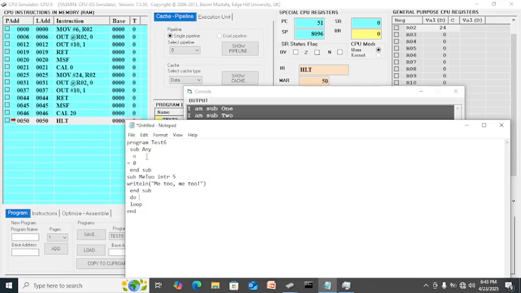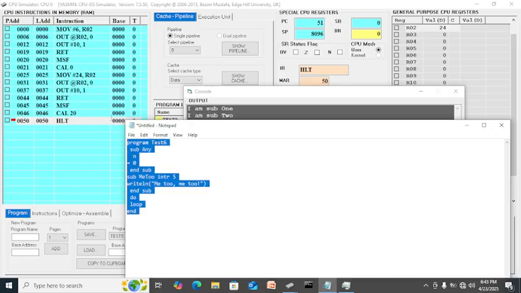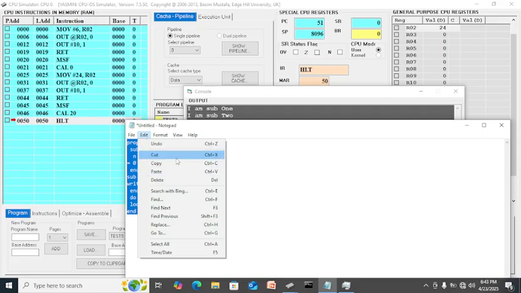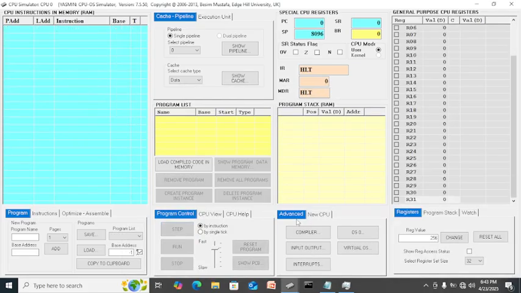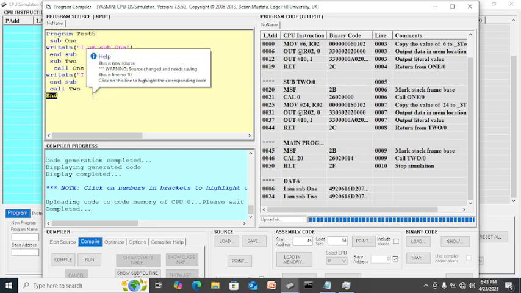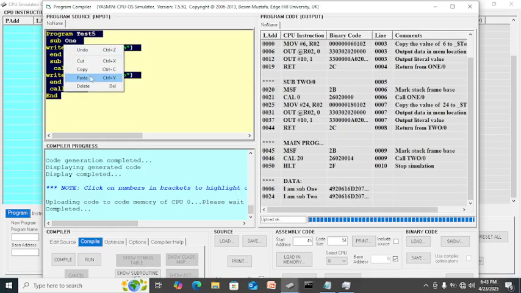So sub any. Okay, so cut, and I'm going to remove all the programs, clear the CPU, and here overwrite, paste the program here.